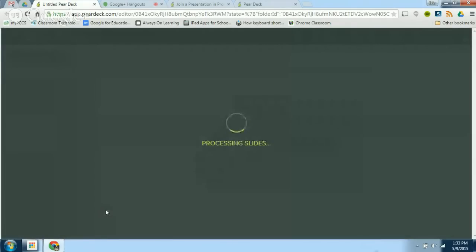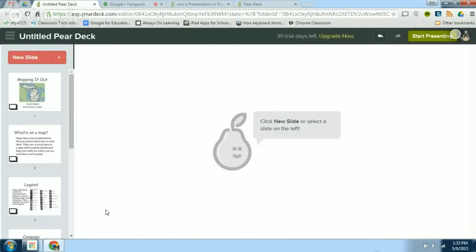I select it. It's going to process my slides, and it's going to create a new deck with a presentation that I've already been doing for years with a second grade class. Now I want to make it a little bit more interactive because they have devices now, and them sitting there watching me go through the slides up on the screen just wasn't as engaging. Now that they have devices, I'm going to create a little bit more interactive tool for them to use, and it also helps me see if they're understanding the information that I'm presenting. So over here you'll see that my slides were imported